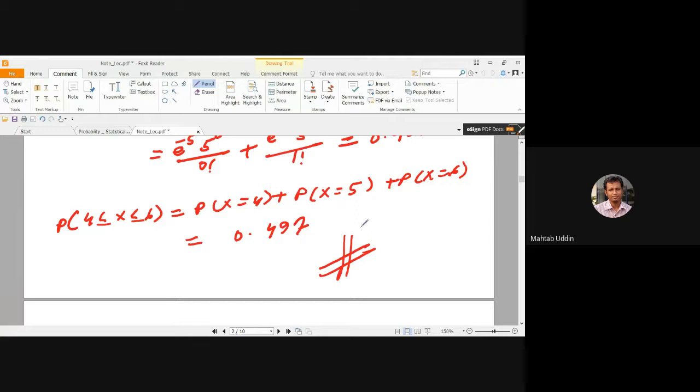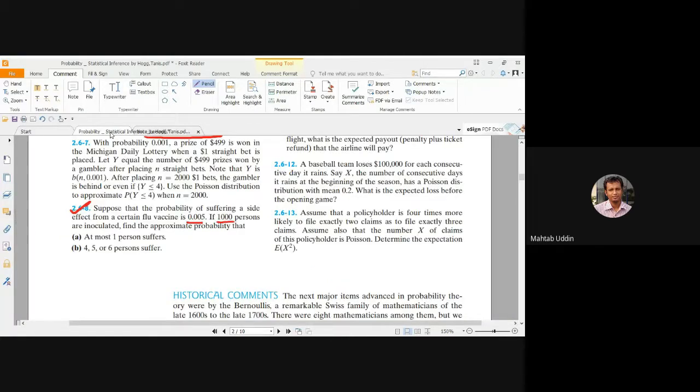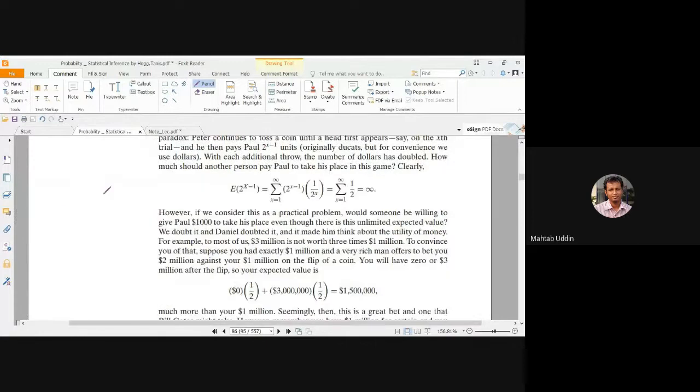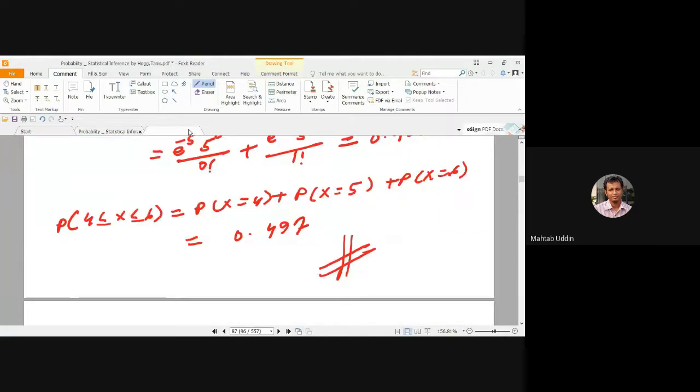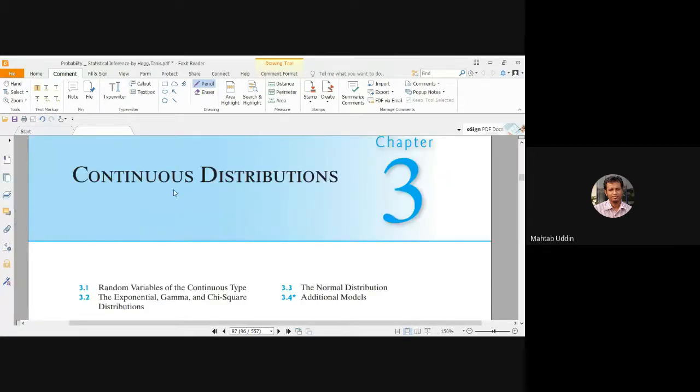Have you any question on Poisson distribution? No, sir. So lambda will play the key role in this kind of math. If you can find the lambda, the rest of the math is easy. If you have no problem, then I will go to the next chapter. I will start the continuous distribution. So I'm closing this. Continuous distribution